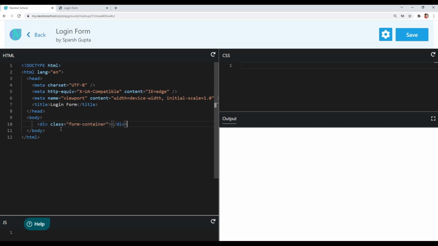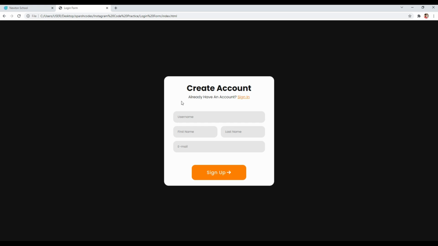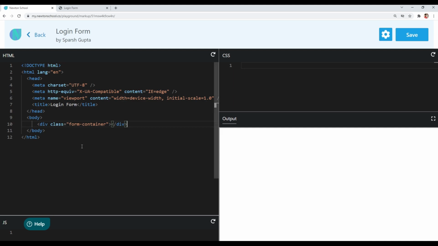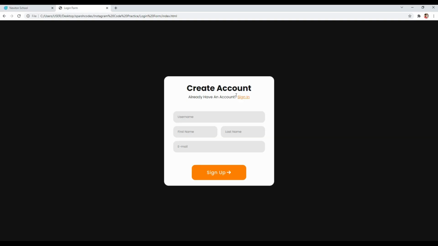And in that form container we need several elements. The very first element is our form heading. I will use an h4 tag for that and give it a class of form heading, and I will write the form heading inside it, that is create account.